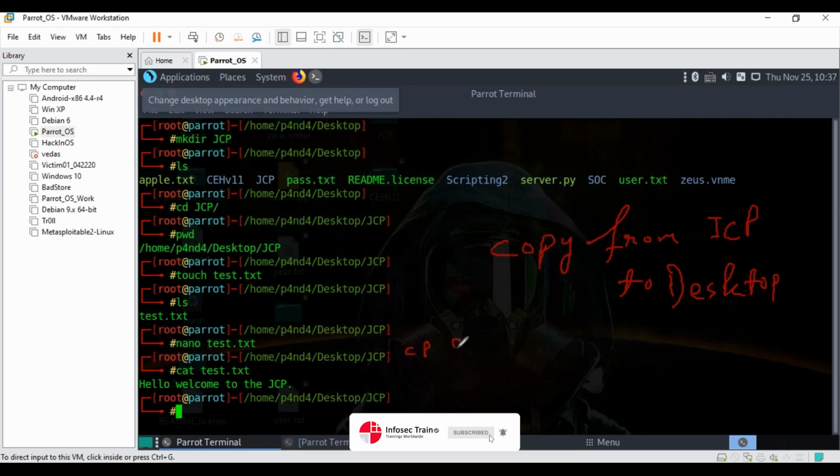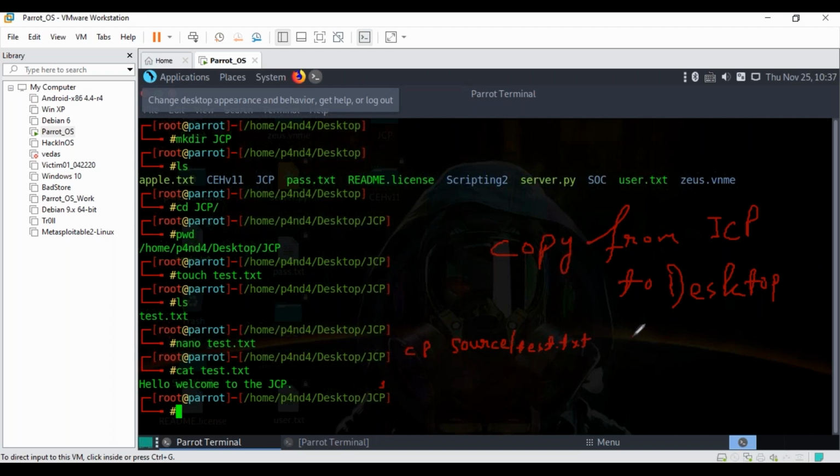Then the source, from where you want to copy the file, till JCP slash the file name, test.txt, and then here you have to mention the destination path as well. This will be the way.